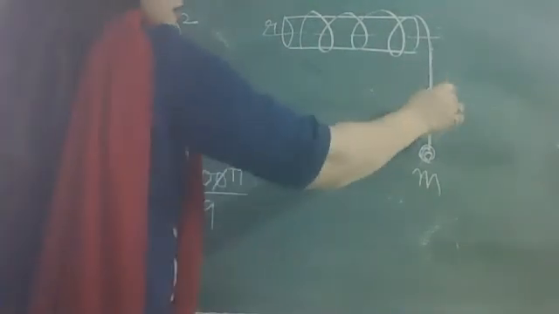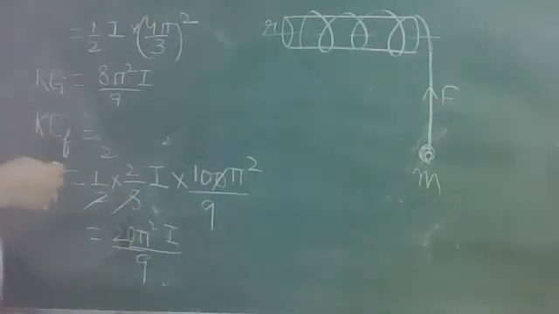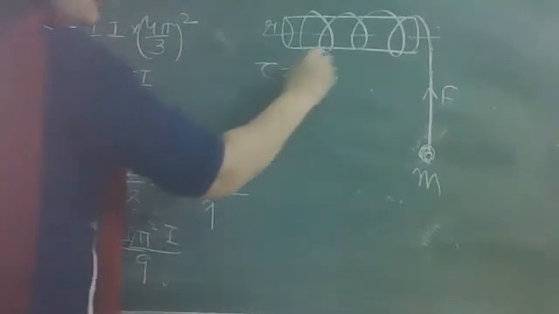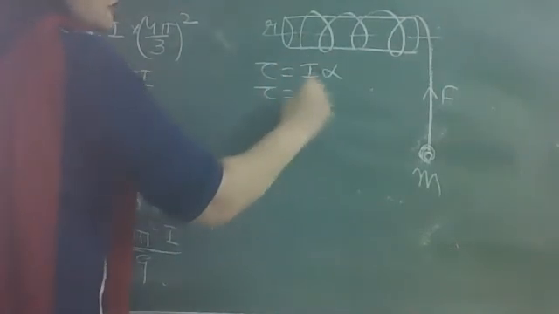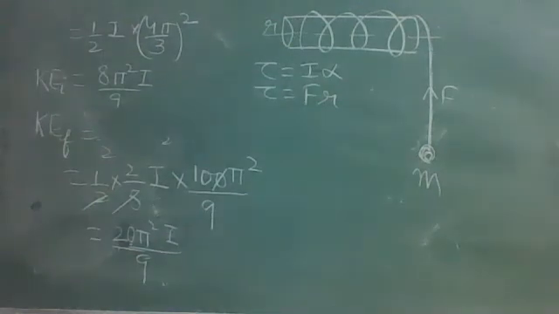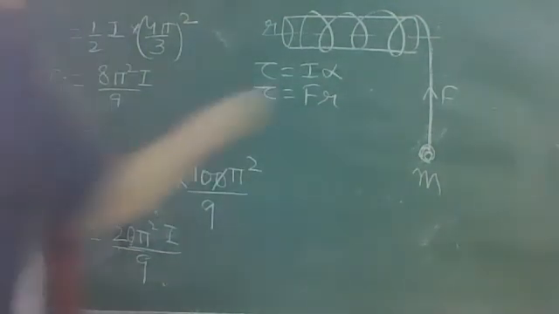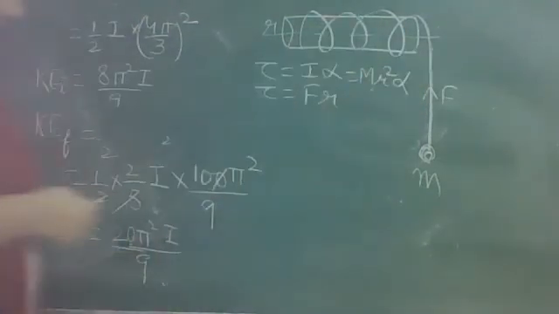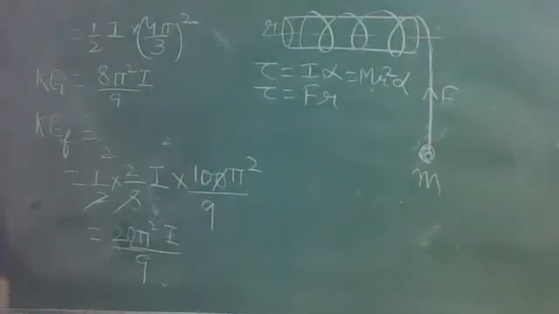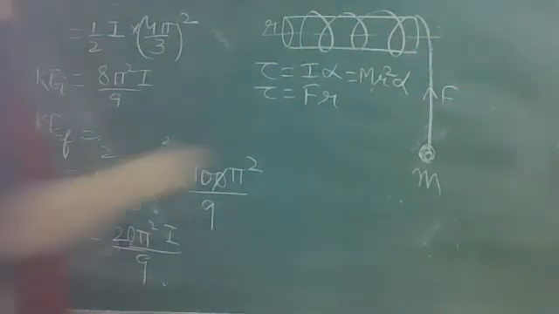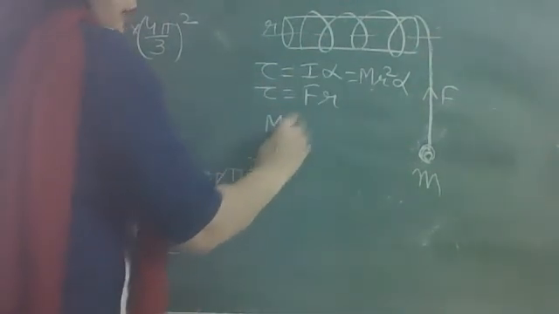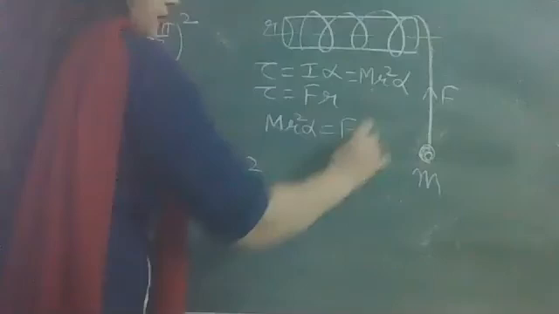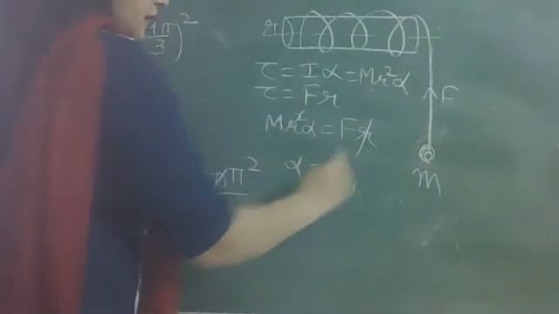Now they are asking this tension to be a force that is given here. So tau is equal to I alpha, and tau is equal to this force into the radius of the cylinder. And what is the moment of inertia? Moment of inertia is mr square into alpha. Hollow cylinder है ना, तो उसका moment of inertia होता है same as that of a ring, mr square. Now equate these two. mr square alpha is fr. One r gets cancelled and we get alpha as they are asking.